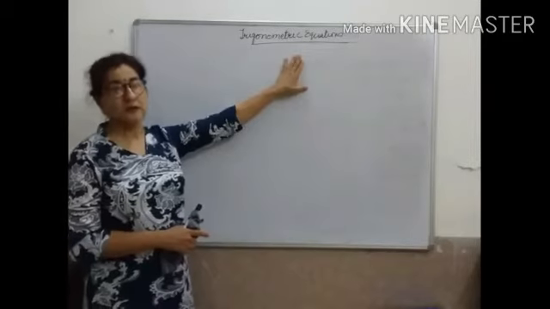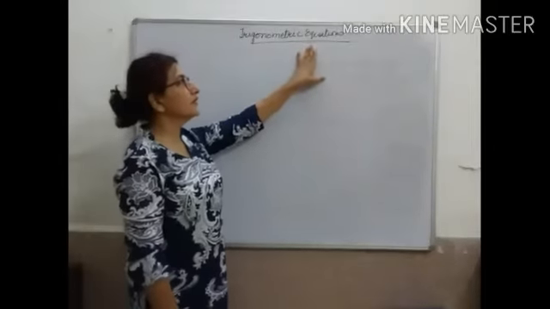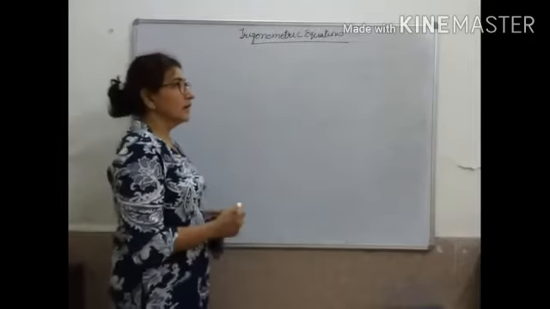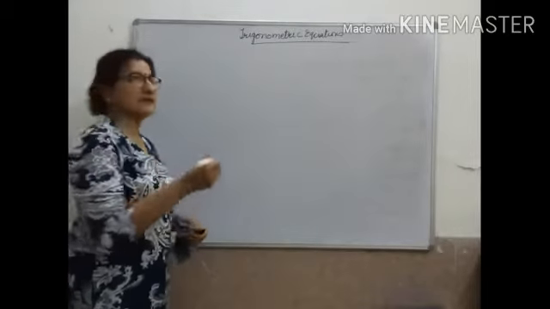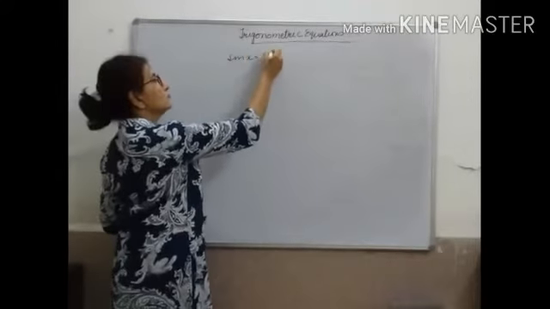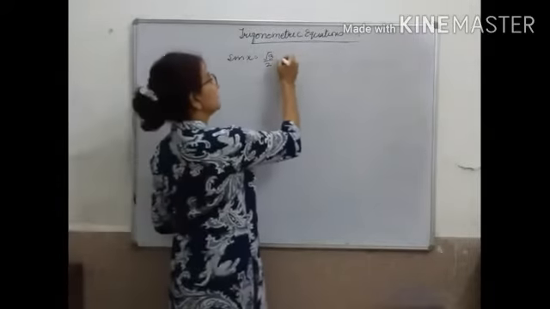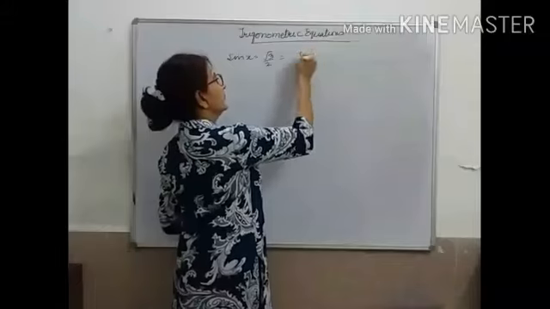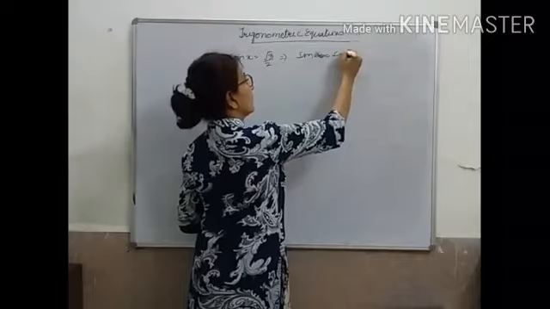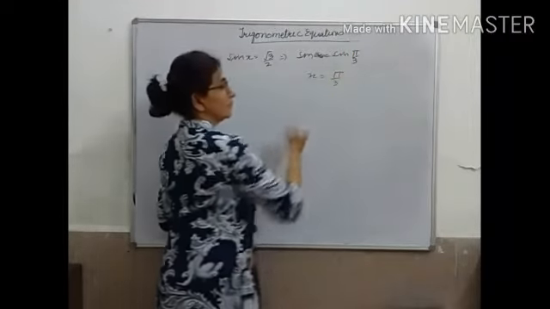What are trigonometric equations? Like we have quadratic equations in a variable, similarly we have trigonometric equations with trigonometric functions of a variable, okay? Why do we need it? Please see, I give you an example. Take sin x equals root 3 by 2. Fine. So you know it is sin x equals sin pi by 3. So you will say, ma'am, x equals pi by 3.